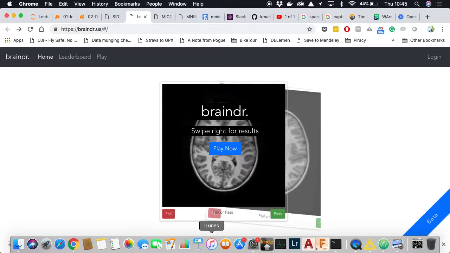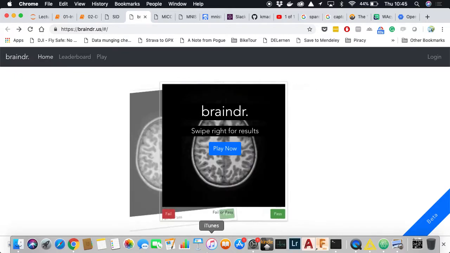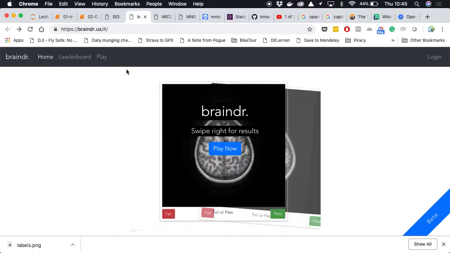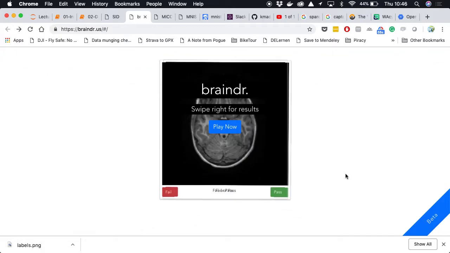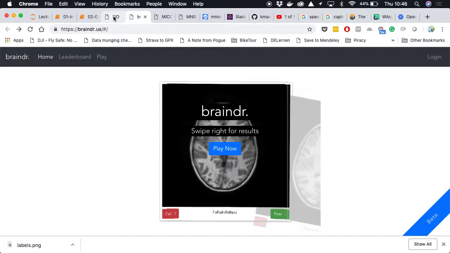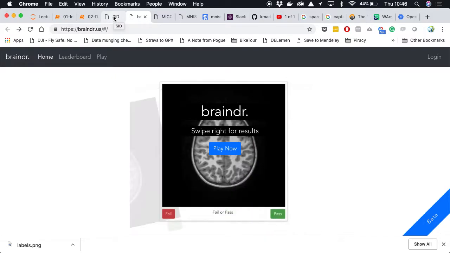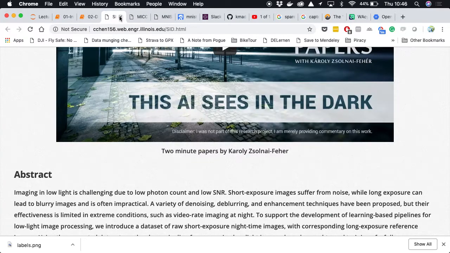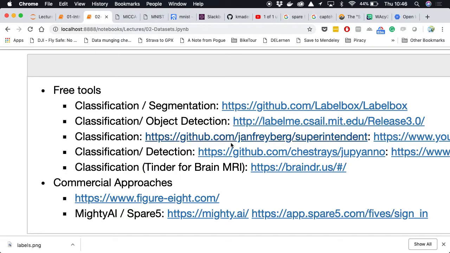And so if it's a simple classification problem where it's pass-fail, that's a fairly easy thing to do and the whole thing's open source. So if you're interested, you can easily make a copy of it and replace their images with your images and have a nice labeling solution for your tools. There are also tools from Labelbox, LabelMe,